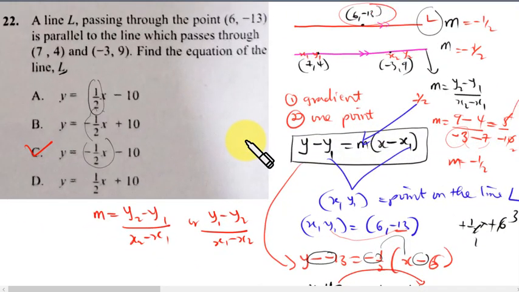Now, because this is an objective question, let us also look at how we can best get the answer or guess the correct answer without having to go through all these things. The first thing is that because the two lines are parallel, we have to know that they will have the same gradient. So if we look at these answers and compare them to the gradient-intercept equation of a line,